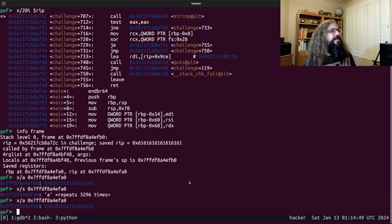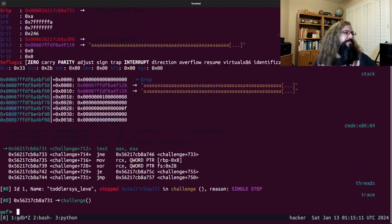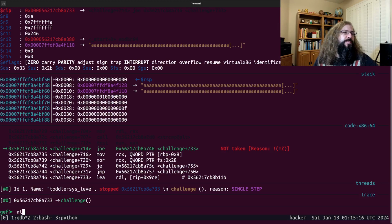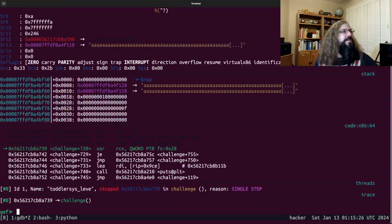The problem is that there is this stack check or this stack canary. And if we figure this out the second way, which again, simple is not bad here, we can just step through. I'm going to next instruction. Step would go into string compare, I believe. So I'm going to go next instruction. Next instruction. Here's that jump, which is not taken because I read that backwards. Right here, we're moving RBP minus 8 into RCX. And if I go past this and we look at RCX,